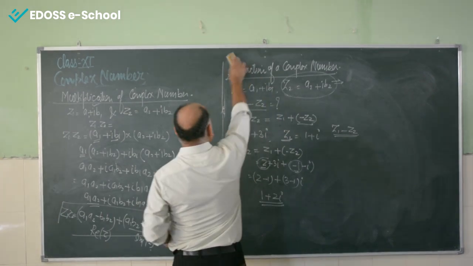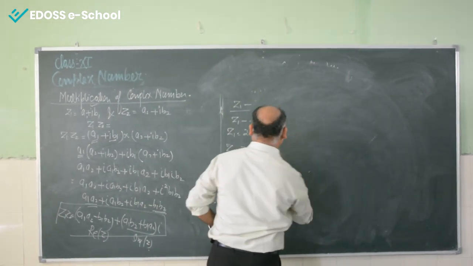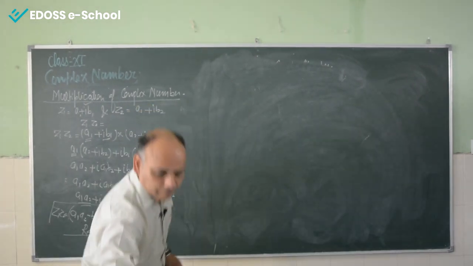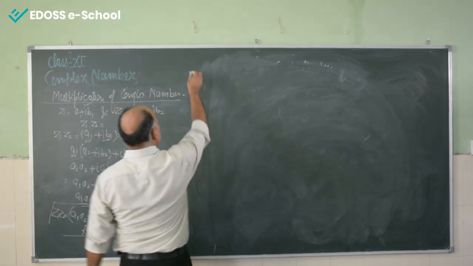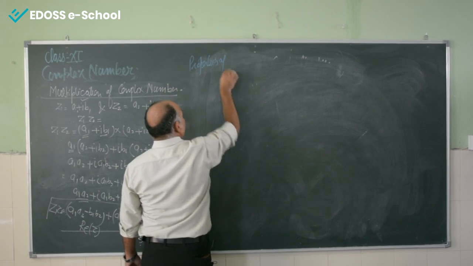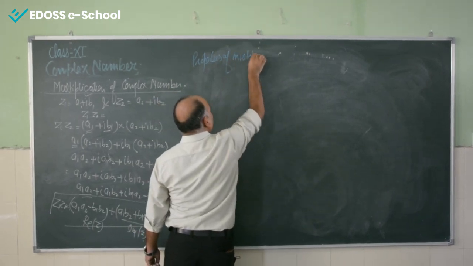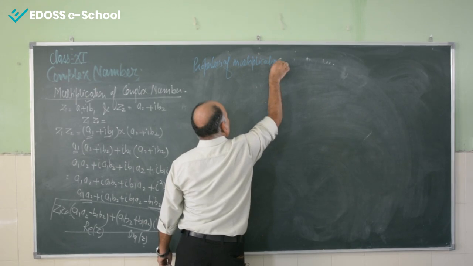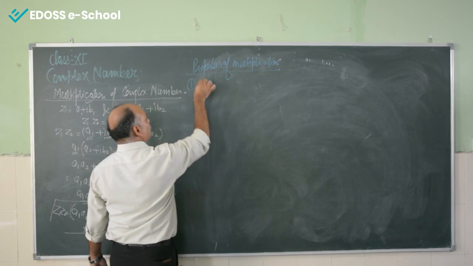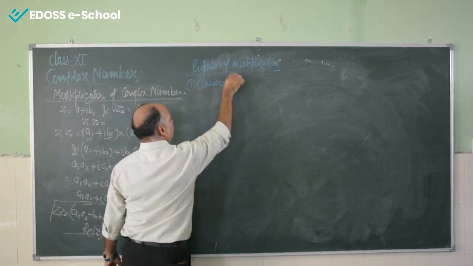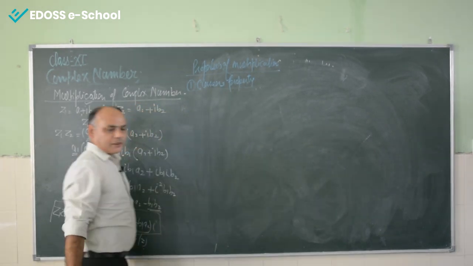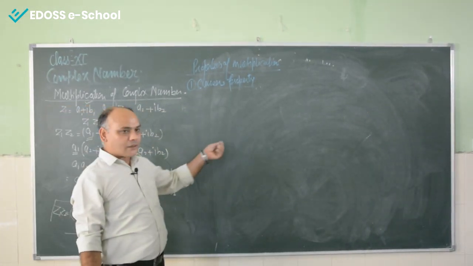Now the second one is the second property. Now we will discuss the properties of multiplication. These are the same as for the addition. The first one is the closure property. In the case of the closure property, it means if two complex numbers are multiplied, the resultant